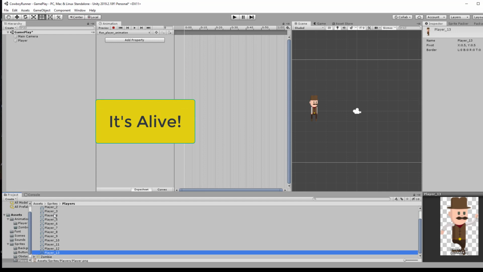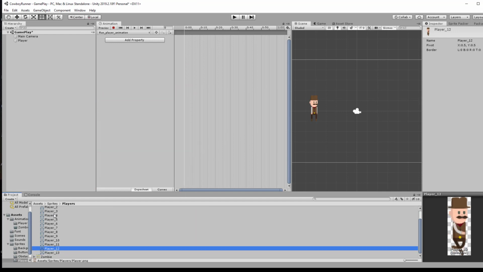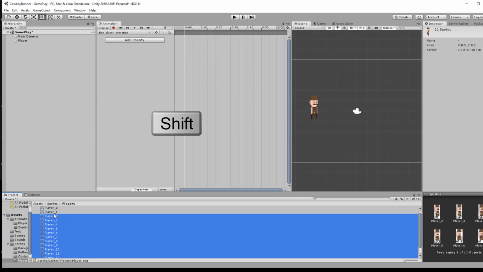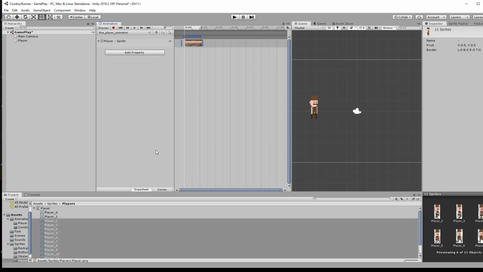Now this one is going to be the jump animation, so we're gonna exclude this one. So I'm holding the shift button, and right here I just selected player 2 to player 12. So I'll add it over here, and now as you can see, now it's running. So now it's kind of funny, but let's give it